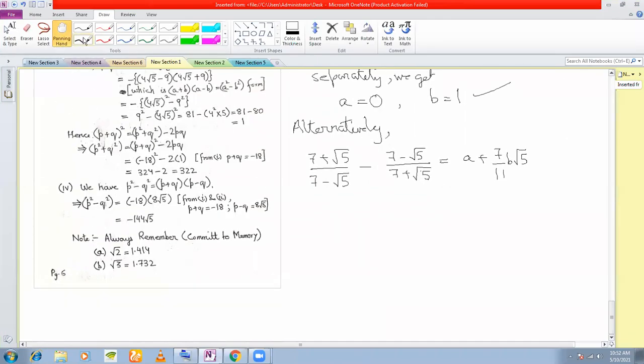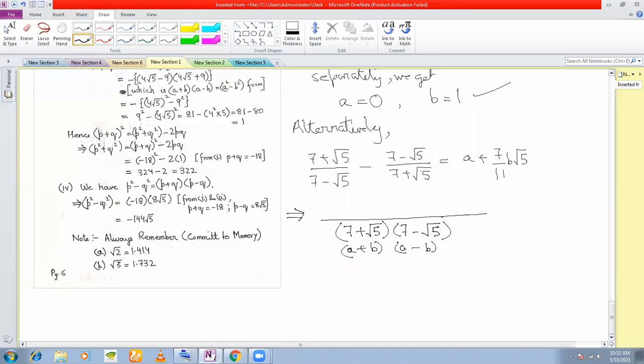So we continue with method 2 here. What we do here is we take the LCM. LCM here is 7 plus root 5 into 7 minus root 5. Okay. Now see, we are getting a very convenient LCM here, of the form a plus b into a minus b. So that is why even if you take the LCM, your method will still not be too difficult